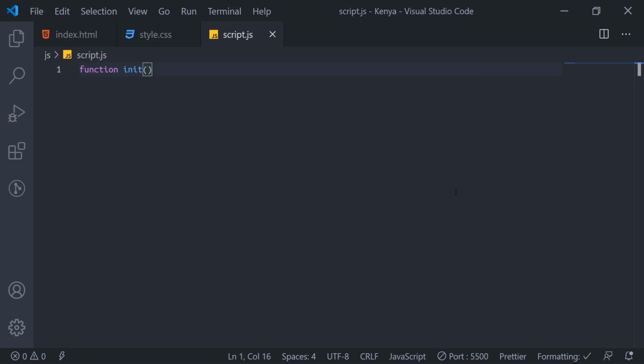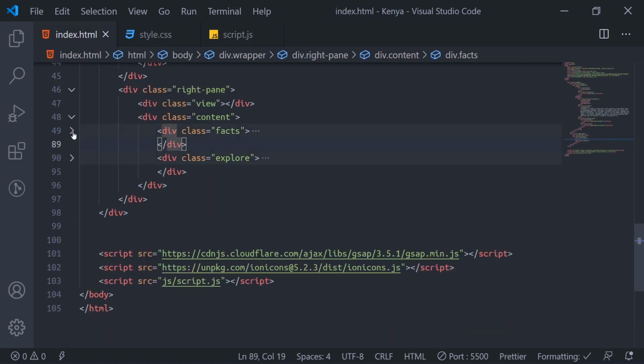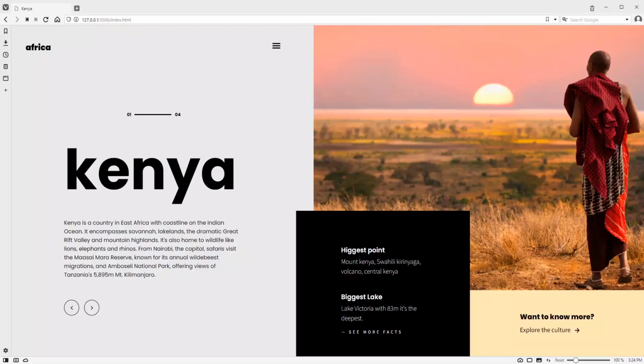Then the things that we need to animate, let's target them first. So we go grab these facts. The facts is this black div here. We'll grab the features, which is all these items inside here.